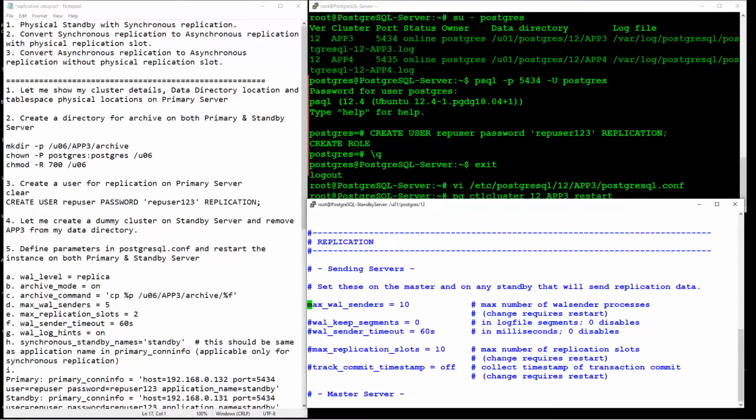Next parameter is max wal senders. This parameter especially is required for primary, but as part of my demo I'm going to fail over. After that I will promote my old primary to standby. So in order to do that, every time I would need to update the parameter file, which I don't want to do. That is the reason why I'm going to set all the parameters in both primary and standby.